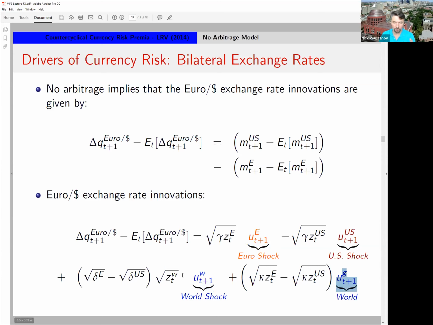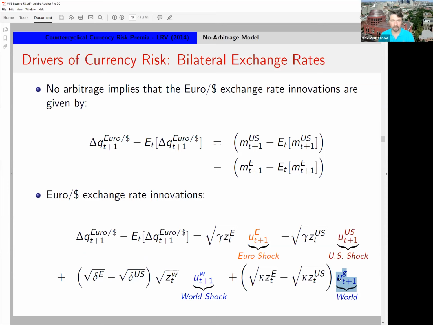And again, what matters, whether these global shocks cancel out or not, is this heterogeneity. So if the US and the Eurozone have the same exposure to the global shock, then the shock will not show up in their exchange rate. It will only show up if they have different exposure unconditionally. For the other global shock, what matters is the differences in their business cycle. If right now the U.S. is in a deeper recession than the Eurozone, then the U.S. will be more exposed to this global shock than the Eurozone, or vice versa.